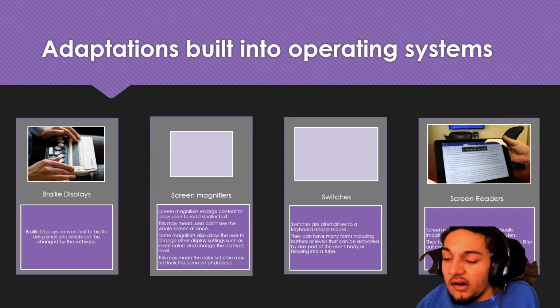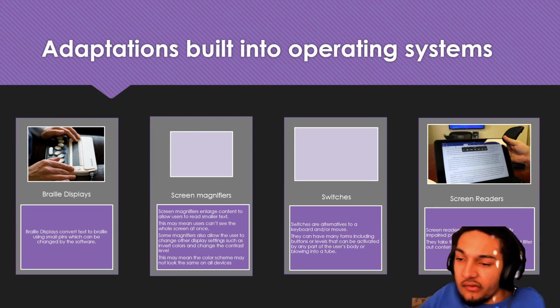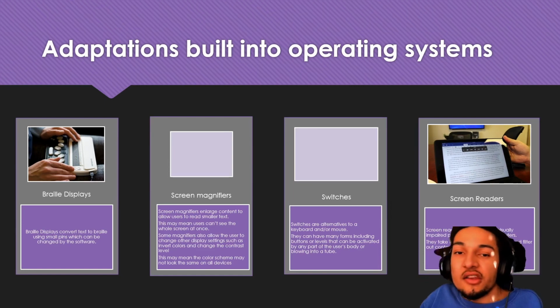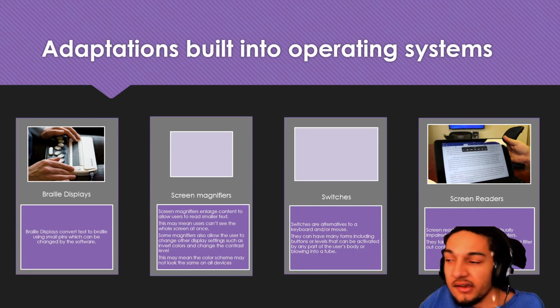Switches. Switches are alternatives to a mouse and or keyboard. They can have many different forms, many different setups. You might have buttons or levers. You might have tubes that you can blow and suck into, which can trigger certain actions.